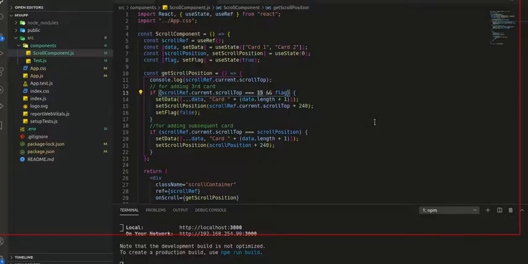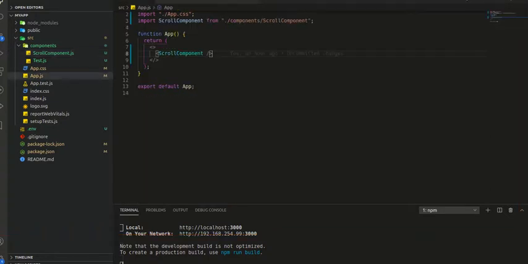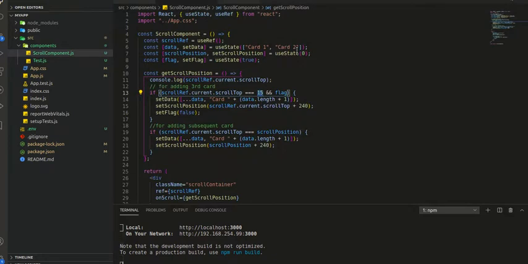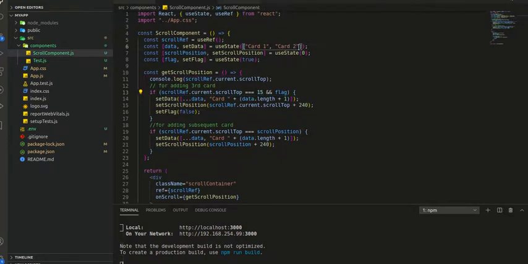And one more thing. Here we don't have any real-time API. What we have done is we just simulated the API, and we just have dummy data for now. But in case of an API, we are setting set data here.